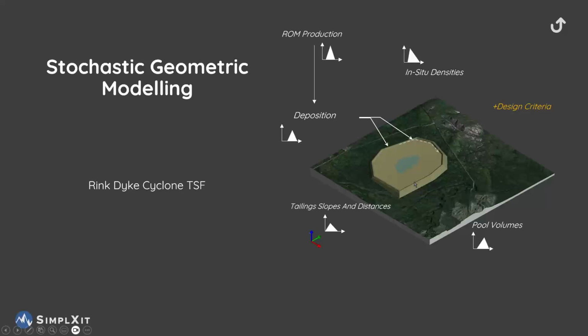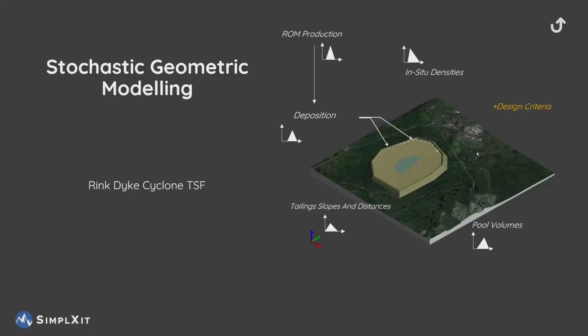So we're doing the deposition every month along that ring dike. It keeps on actually doing the deposition all around. It's actually a multi-stream deposition because we keep depositing all around. And we've got various distribution all across the system, but what's important in this case is assessing specific design